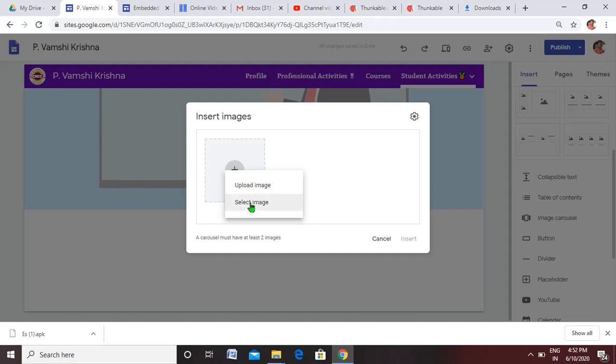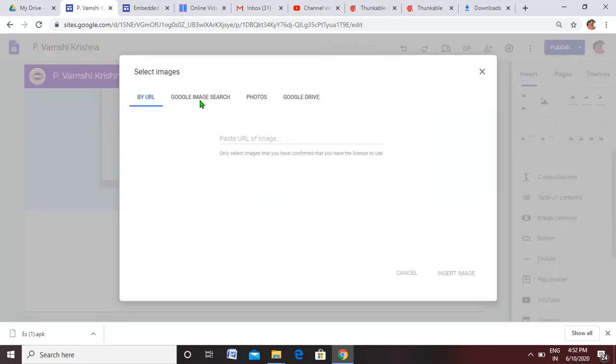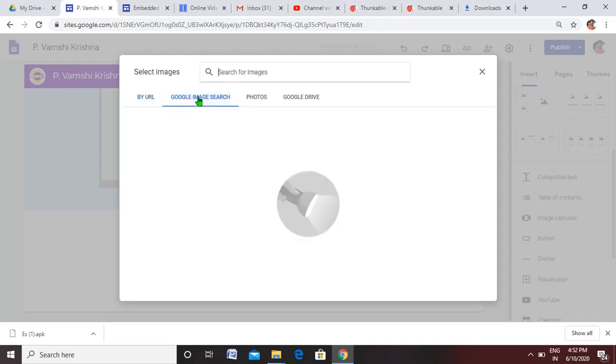And if you do not have any images in your computer, at that time if you want to look from other external resources, you can use this select image. Now I am using this select image. So here external resources, like the same thing by URL, that is website address. From that website address you can search the images, or Google, by default Google search engine, or